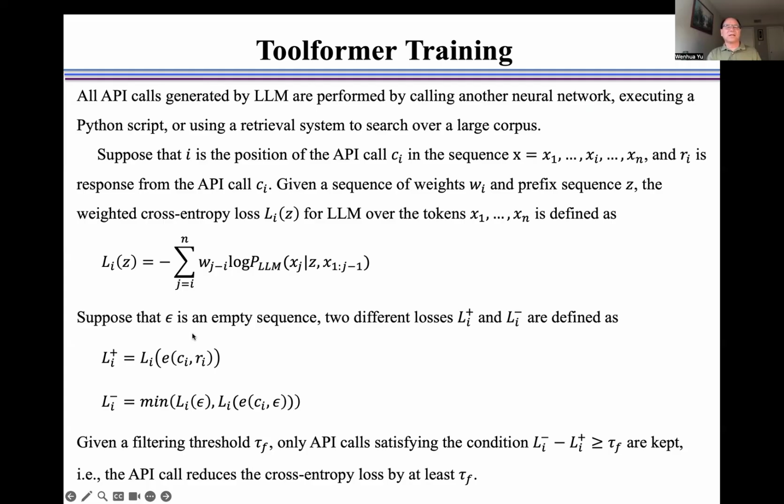Suppose that epsilon is an empty sequence; two different losses, L plus and L minus, are defined as here. Given a filtering threshold tau f, only API calls satisfying the condition here are kept, namely the API call reduces the cross-entropy loss by at least tau f.